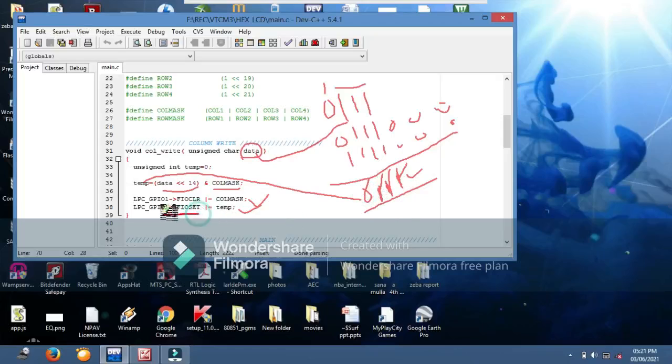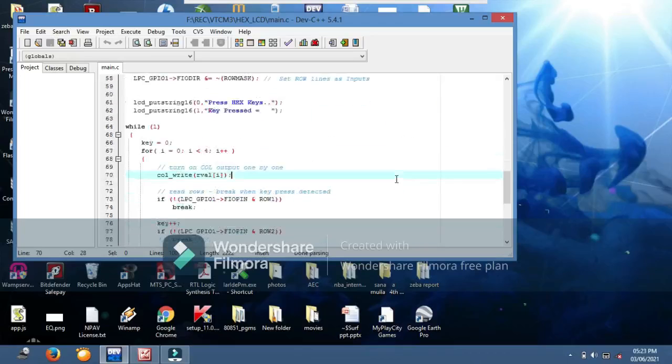That we are setting in the port 1, right? So here the 17th bit, which is defining column 4, will be 0, whereas the other columns become 1, right? Now what you have done is send 0 1 1 1 initially to scan which key is to be pressed. That is what you saw in the diagram which I explained, right?